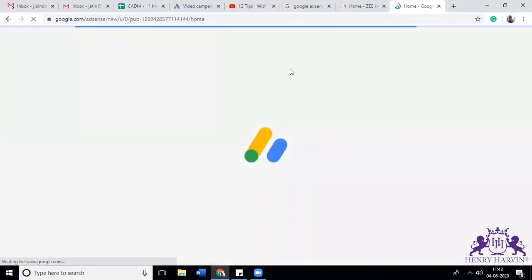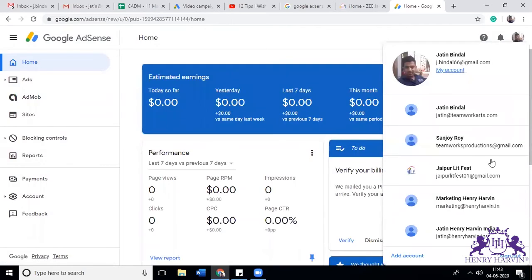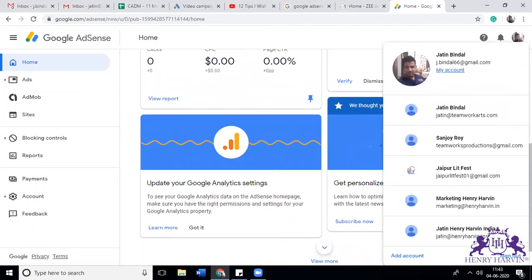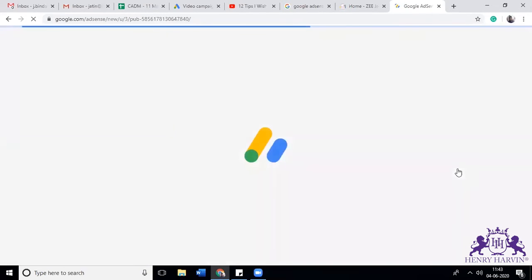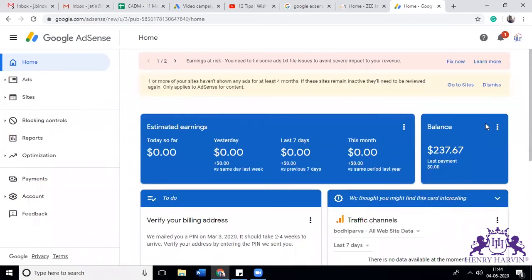Any other question apart from this, till the time it is opening? If I want to make a skippable ad, is it the same process? Yes, the process is the same. This is the one which we make as a skippable ad. If you don't want to make a skippable ad, you have to make a video ad of less than 15 seconds.